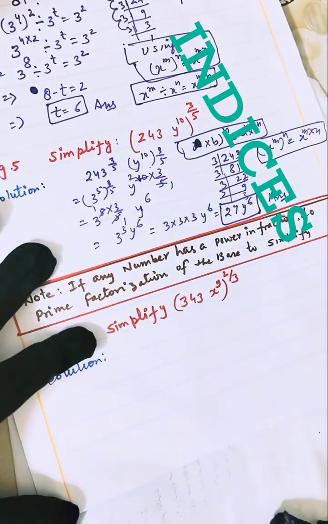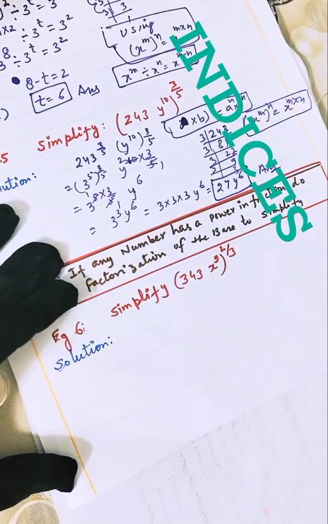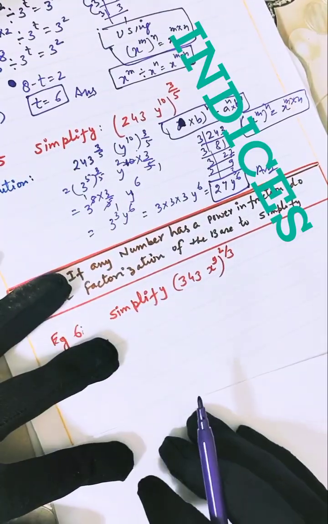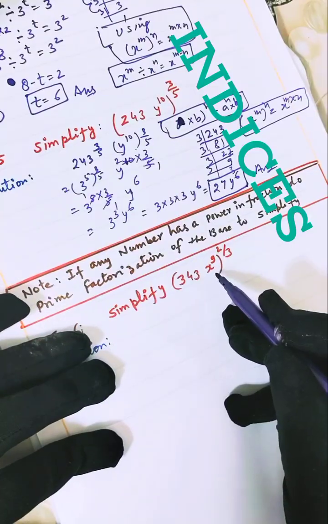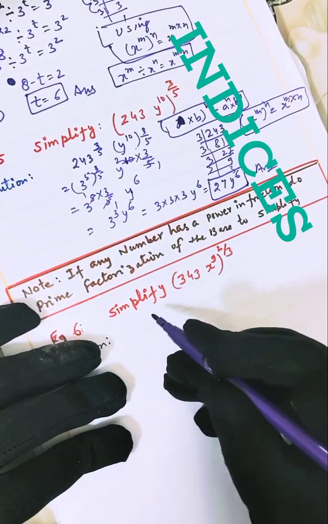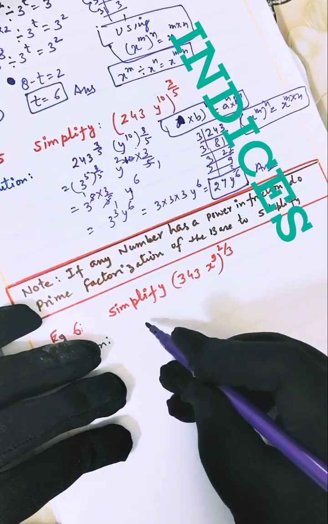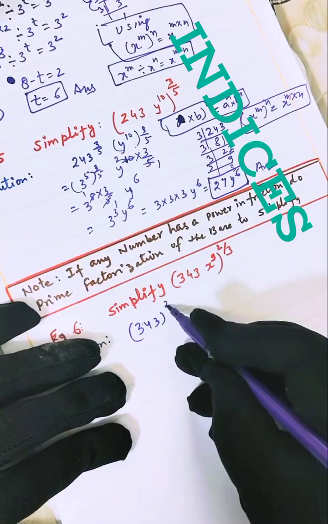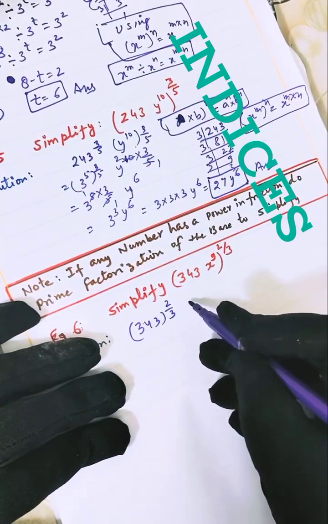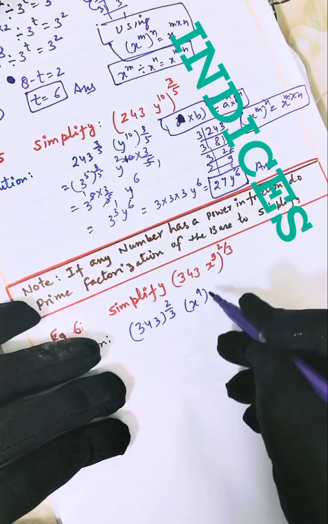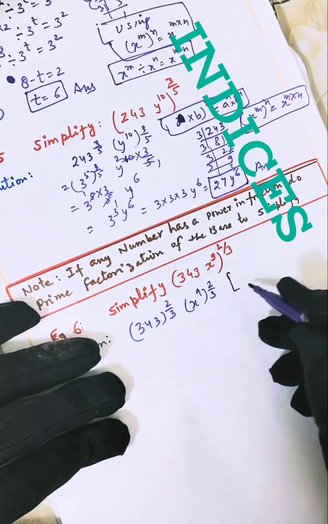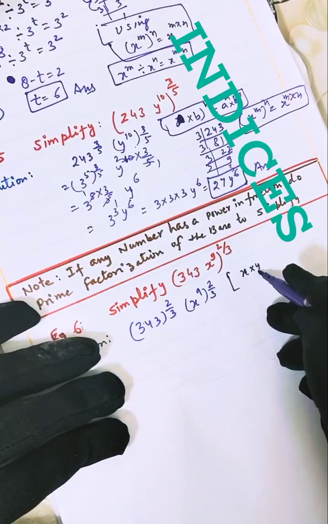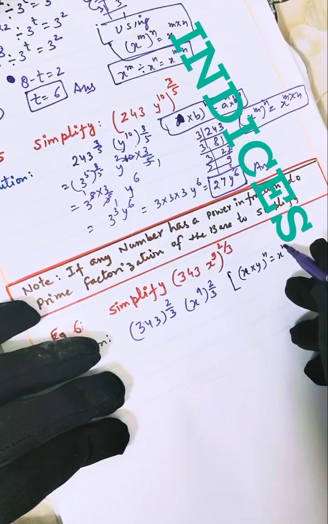Now see the other question. Simplify (343 x^9) whole power 2/3. So again we will simplify this. Okay. So for 343, first of all we use the formula: 343 whole power 2/3 into x to the power 9 whole power 2/3, by the separation formula (x × y) whole power n equals x to the power n